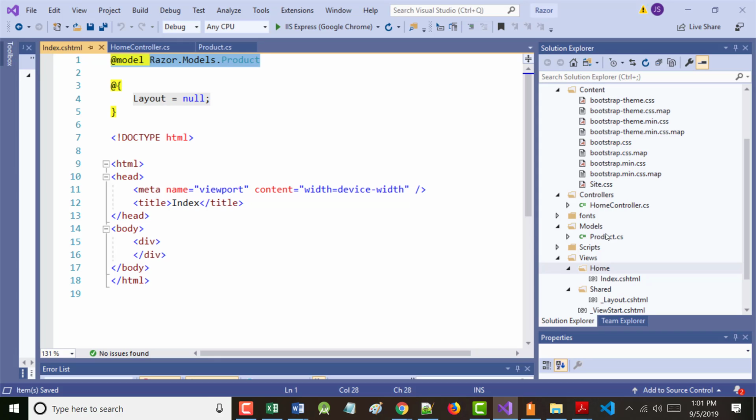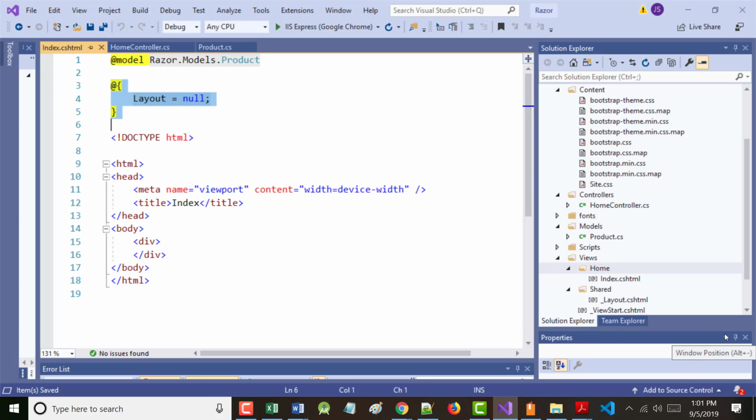So again, two things I want you to realize. Number one, what this means, and I just explained that. @model means we're going to be using a model. What model? It says under the Razor models namespace, find product. That's the model we're going to use. The other thing is this. What does that mean?